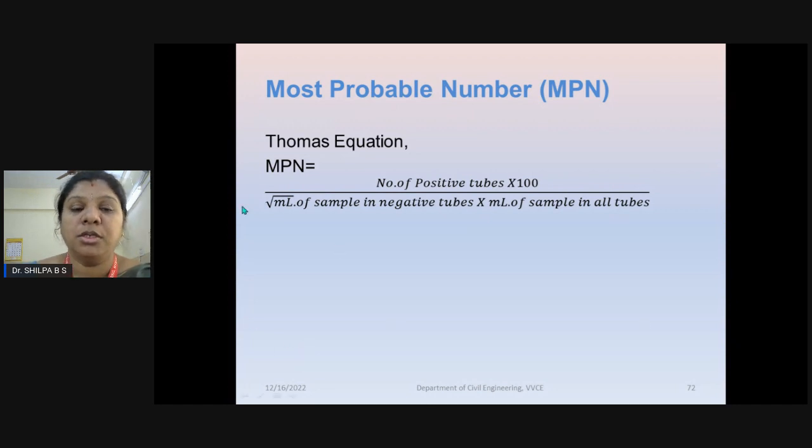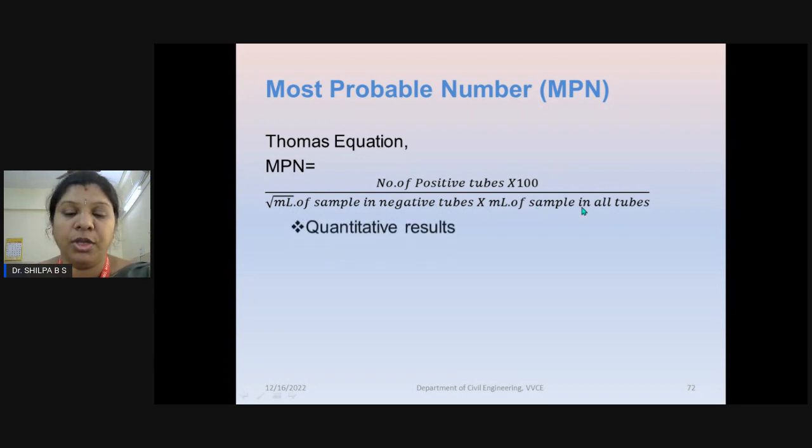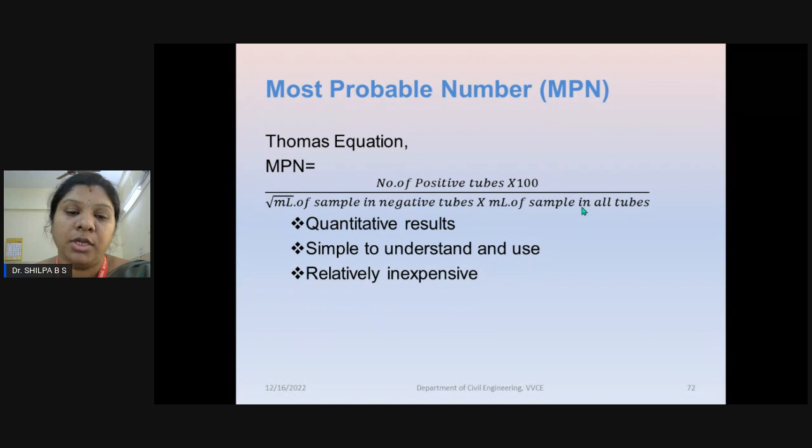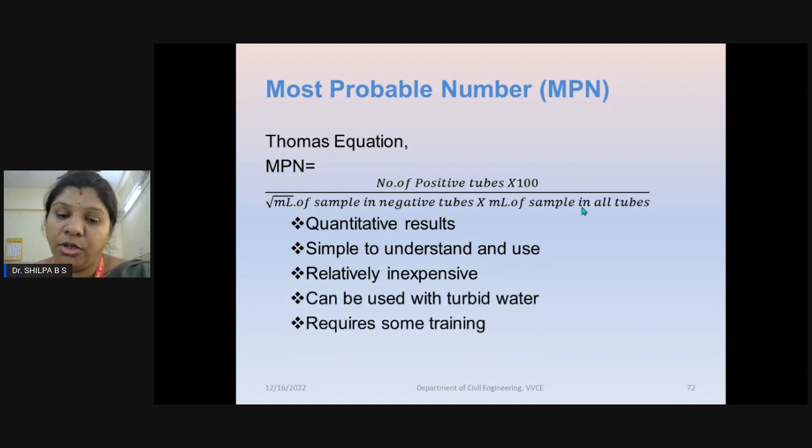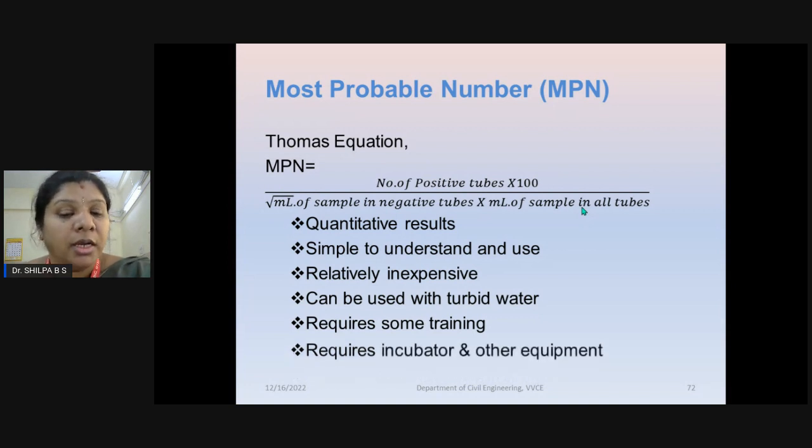The equation is: MPN value is equal to number of positive tubes into 100, divided by the square root of ml of sample in negative tubes into ml of sample in all tubes. Okay, so this will give us quantitative results, and it is simple to understand and use, and relatively inexpensive, so it can be used with turbid water. But taking the dilutions and assessing the formation of gas needs some training,